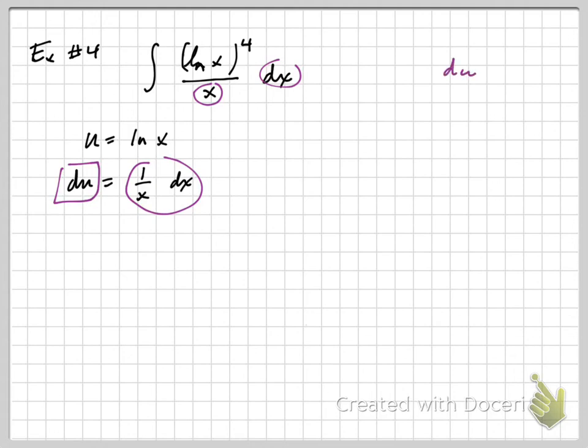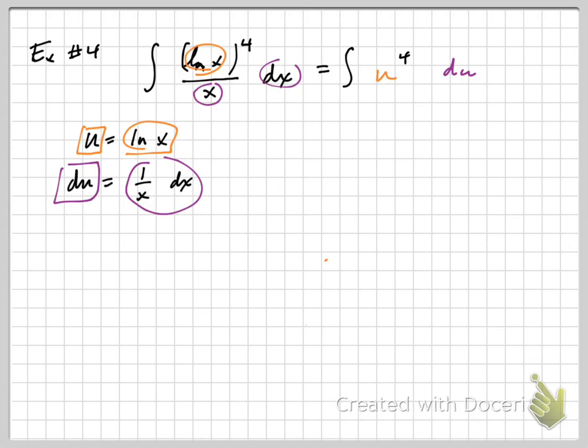So that's gone. And so you have the integral of, and you'll have something to the 4th power. And if we use the other color, then the natural log of x gets substituted for by the u. So it's u to the 4th,